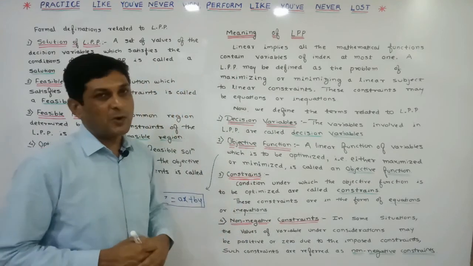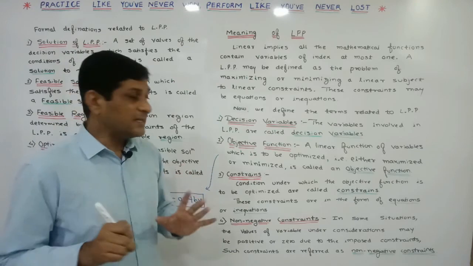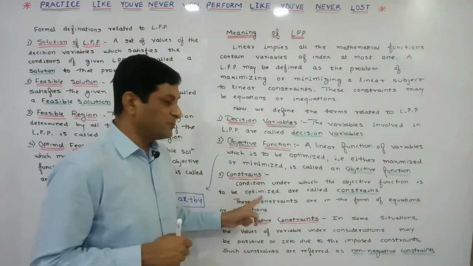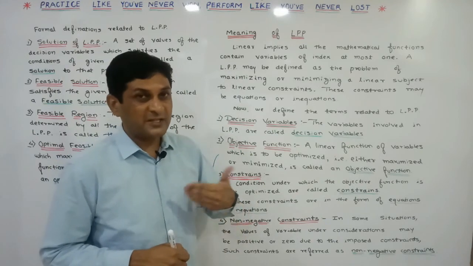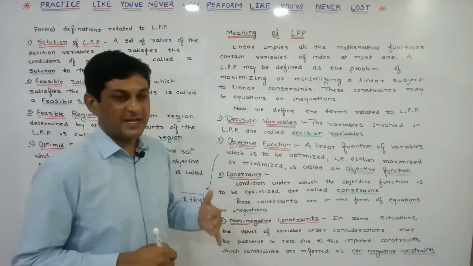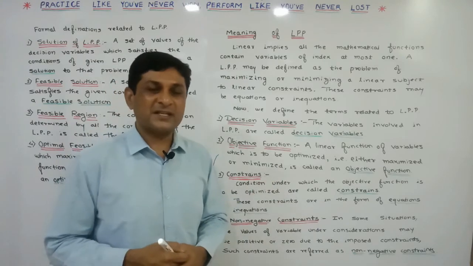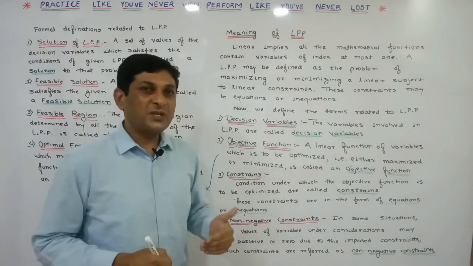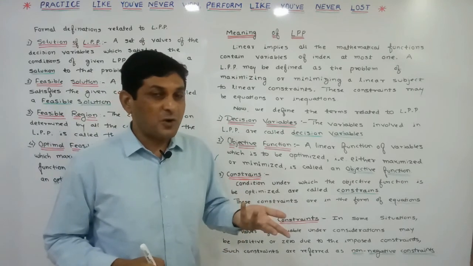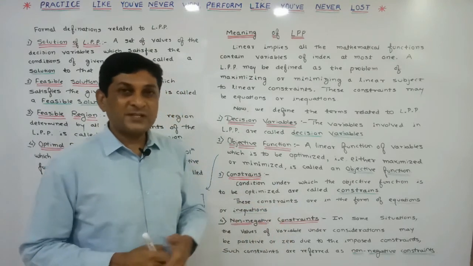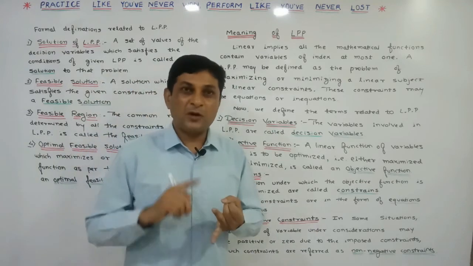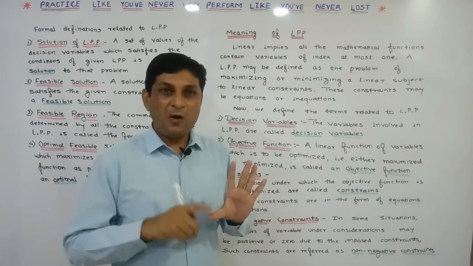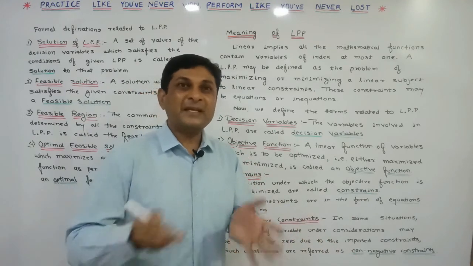Now we are discussing constraints. Constraint means the conditions under which the objective function is to be optimized. Optimized means to be either maximized or minimized. Suppose there is a shop. Let us take the example of a sweet mart shop. What is their aim? The aim is to maximize the profit. Now this profit depends on certain conditions: the rent of the shop, labor in the shop, electricity bills, advertising, and the raw material used to make the sweets.